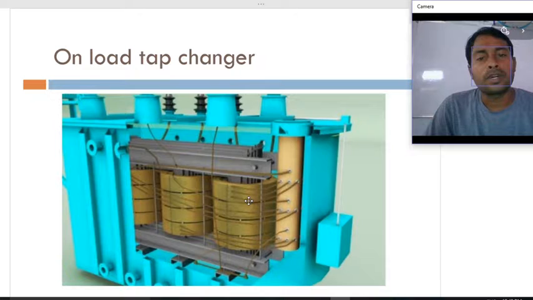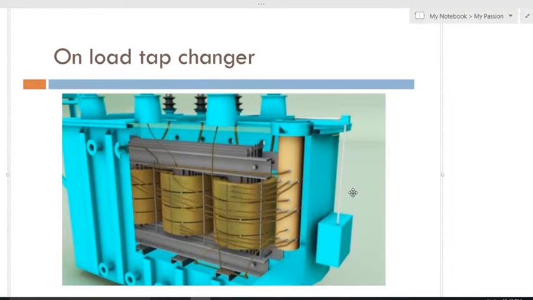Then what is the alternative? We should change the tap position so that the regulation decreases. By using the on-load tap changer, we can reduce the regulation of the transformer, and this tap changing will be explained separately in another video, so you can watch it later.